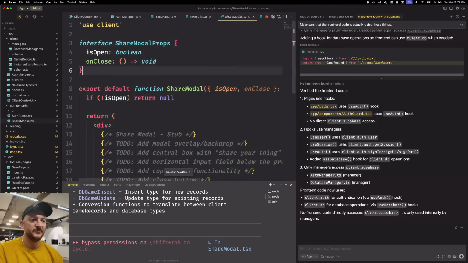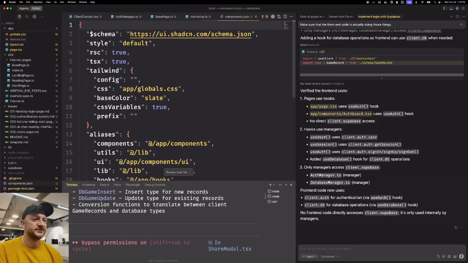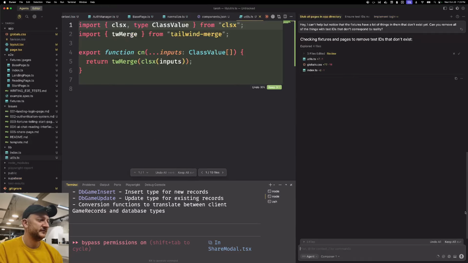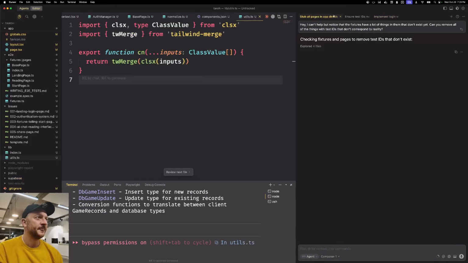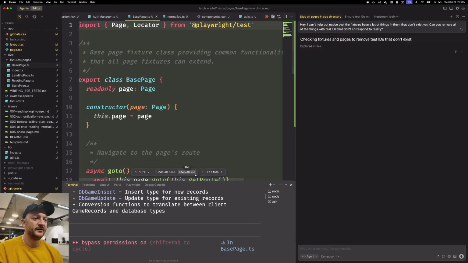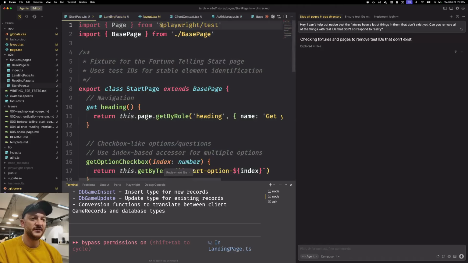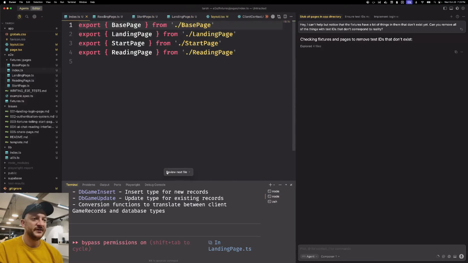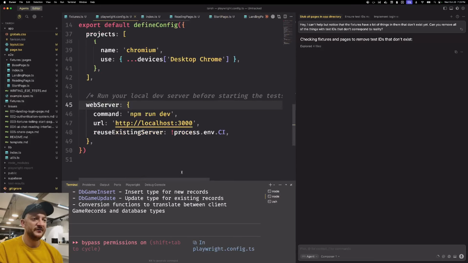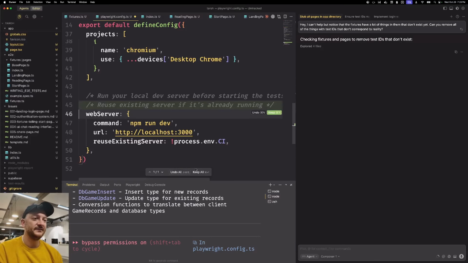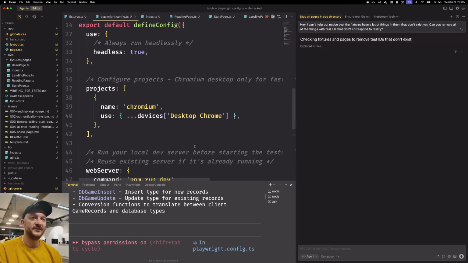Use client share modal. Yeah, we don't care about that. I don't even know which tab this is coming from. Maybe stub pages, small pages. Got it. I wish it told you where these changes are coming from. Which agent made these changes? Which chat window made these changes? Because, to be honest, I'll do that, which is really annoying because,